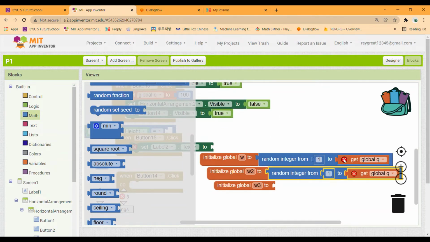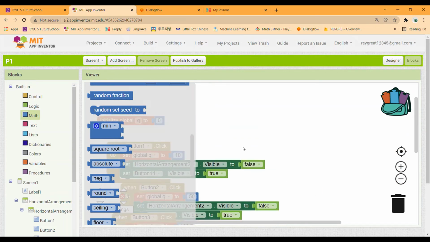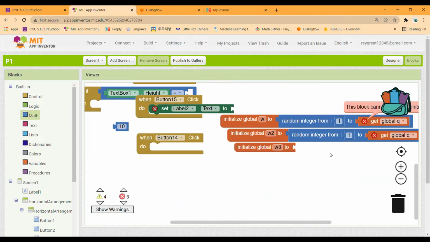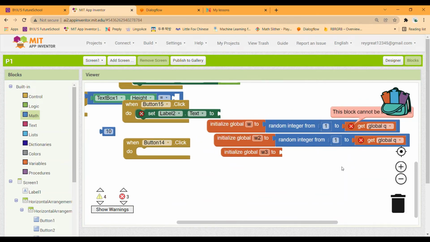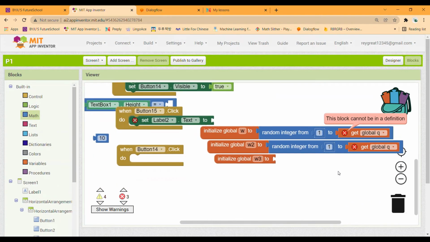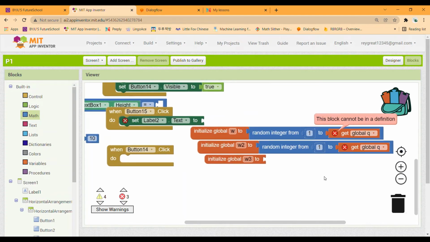Wait, let's see what's the problem here. These blocks can be in a different definition. Don't listen to the instructions. Listen to me. Alright. So anyway,